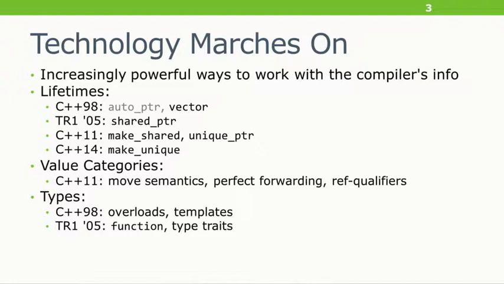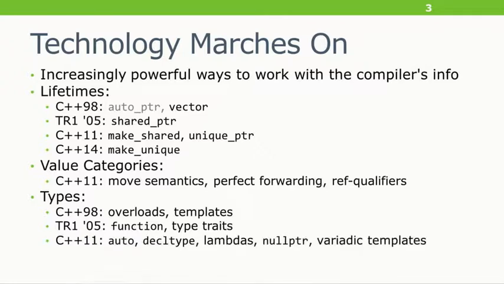And of course, the compiler knows. It always knew what the underlying type of an enum was, or whether a type was floating or integral. And now we can ask it these questions. So in C++11, they added a lot of machinery to manipulate types. We have auto, which says, make the type of this thing the type of its initializer.